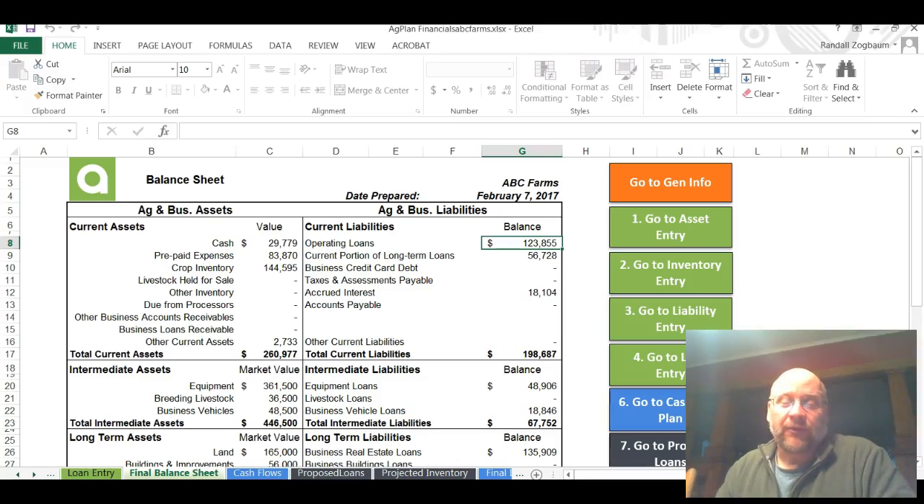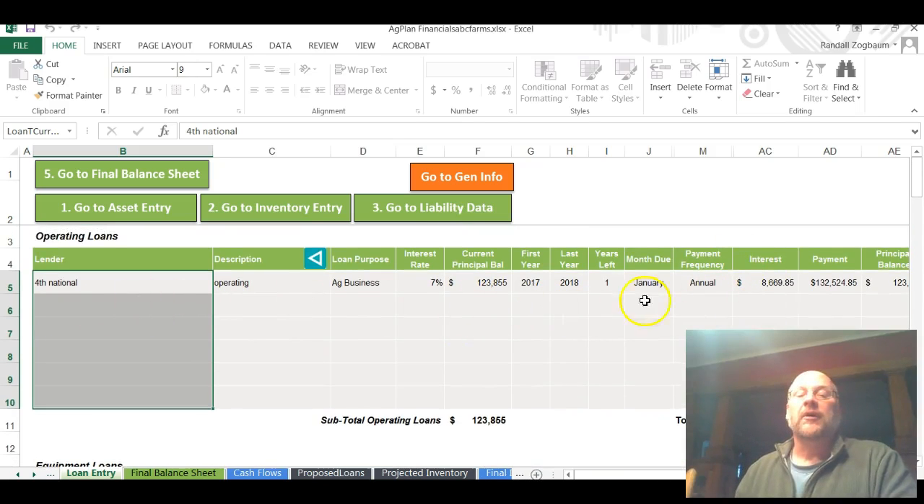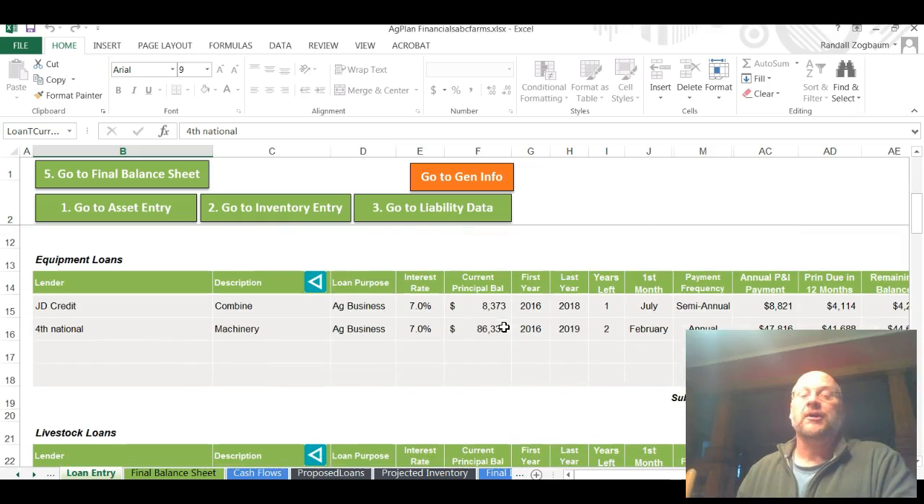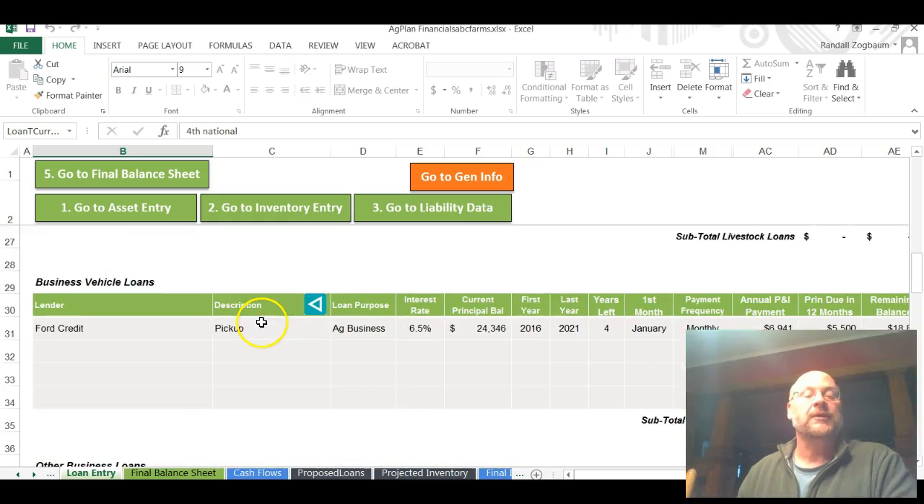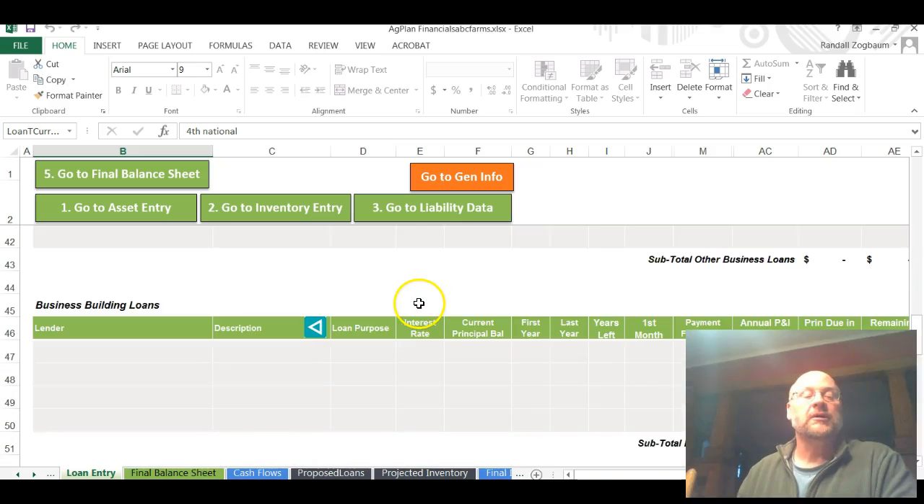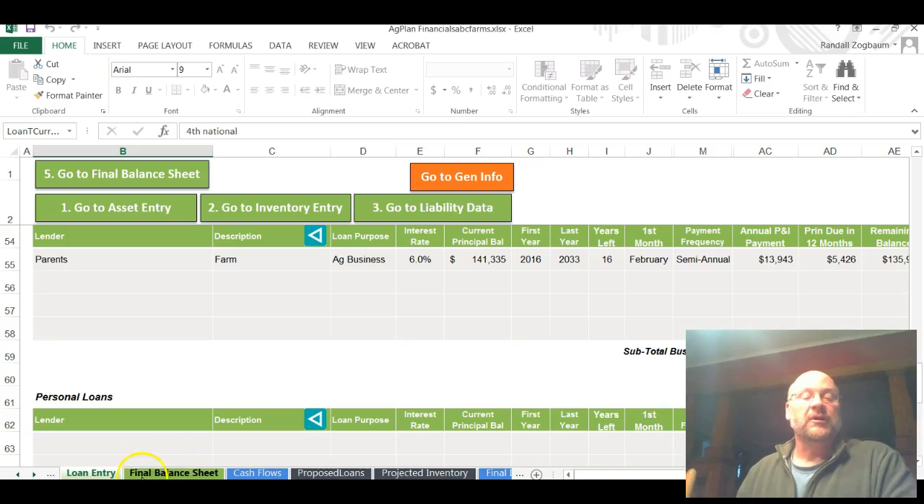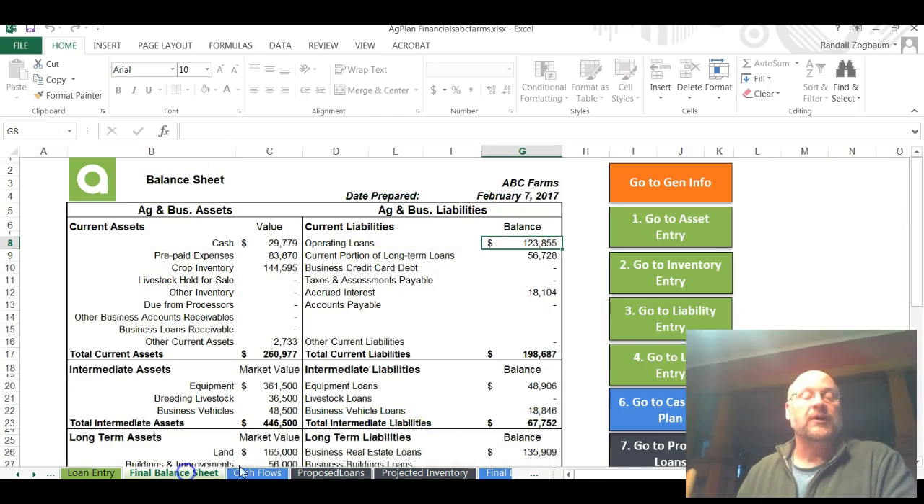Okay, well, I got the liabilities part added up and I went through the loan entry again and got the correct numbers into that part of our balance sheet from last week. And you can see we have the operating loan fits in the operating loan category. We had a couple of equipment loans that fit into the equipment loan category. We had a truck, one business vehicle, the Ford pickup truck loan, and then our real estate loan that we had out, which got us back to the final balance sheet,